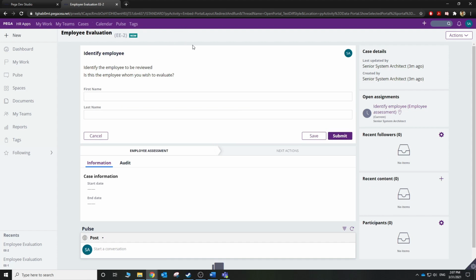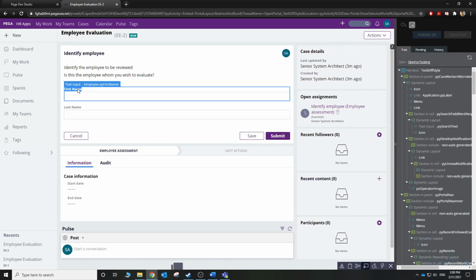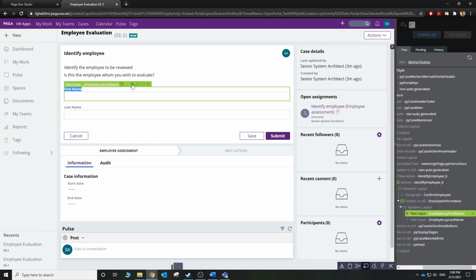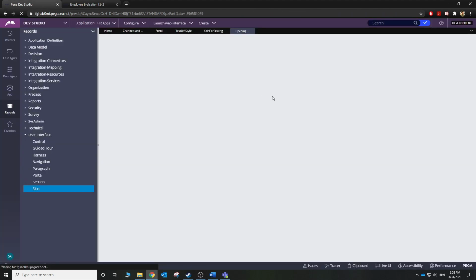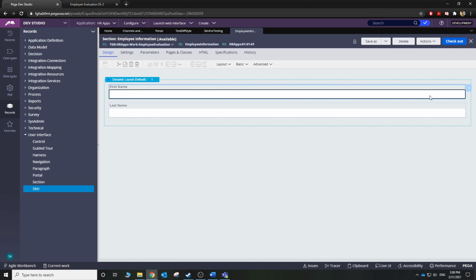Now, like I said, this is not enough, so I wanted to do some details about the label of first name and how we can configure that. I want to make it bigger and with a different color. So the first thing is that we need to figure out what label represents this property. It's opening this section rule, and once you click this property,